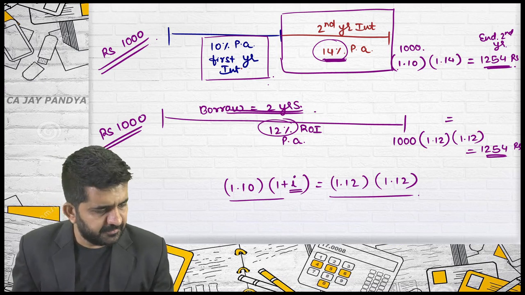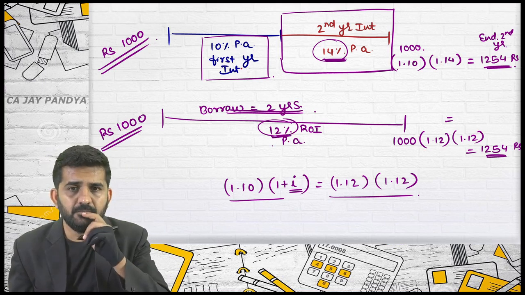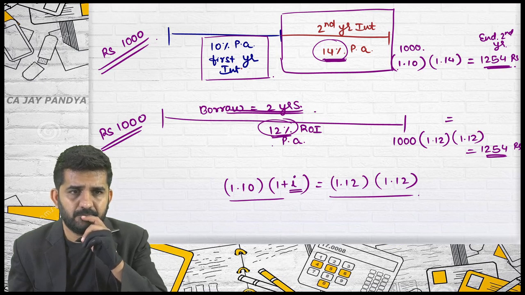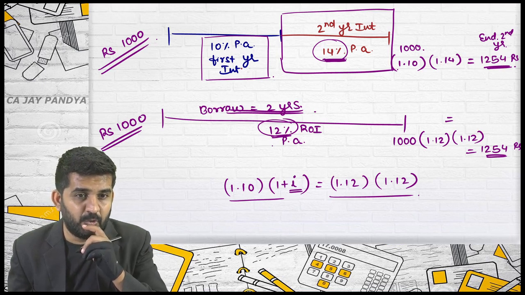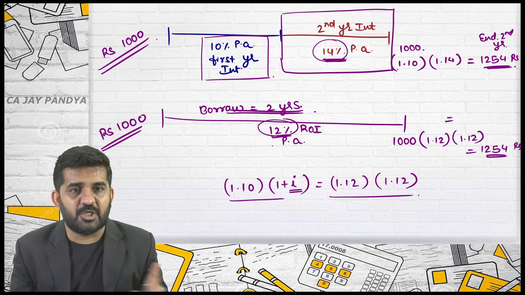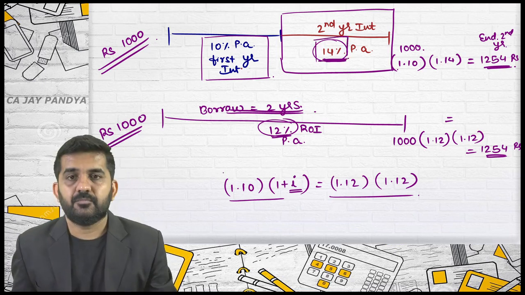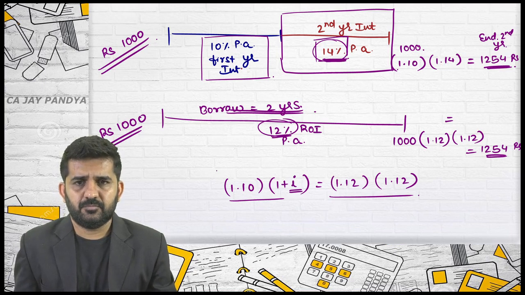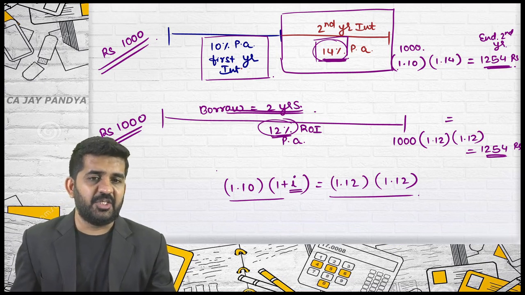Alright. Sachin, can you explain me what is 12%? It is the interest rate for 2 years from 0 year, if you want to borrow a loan for 2 years. Today it is 12% per annum. It is not 12% total. Yes, correct. Mac, 14%? It is the forward rate if I want to borrow a loan at the end of year 1 for 1 year, and the rate is per annum.